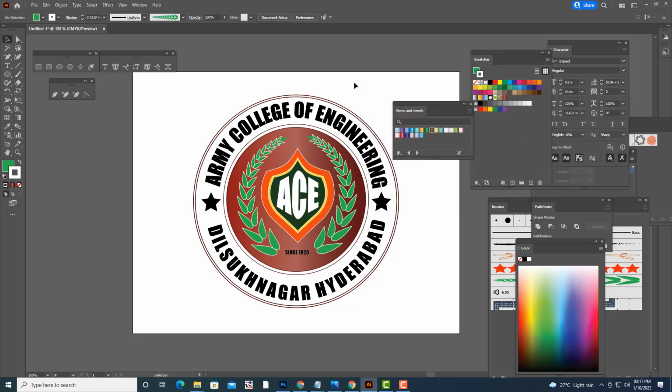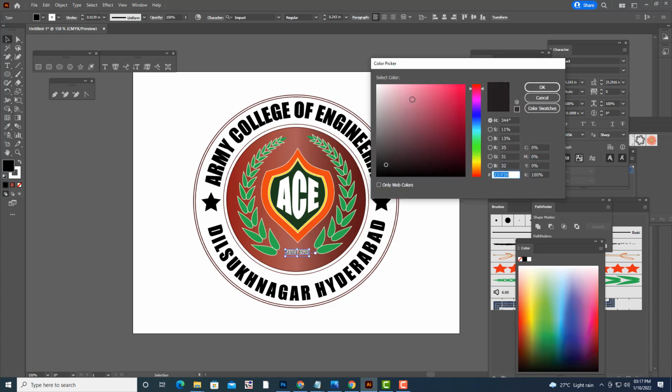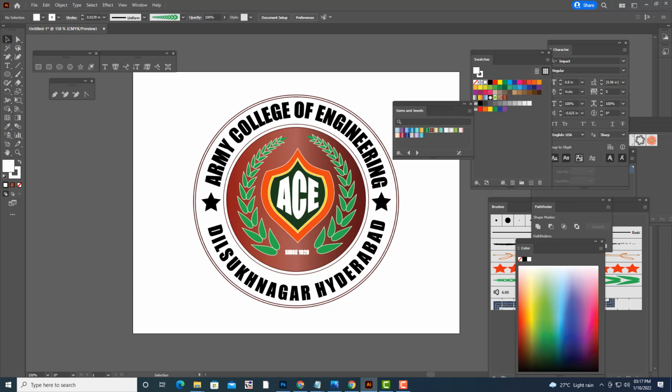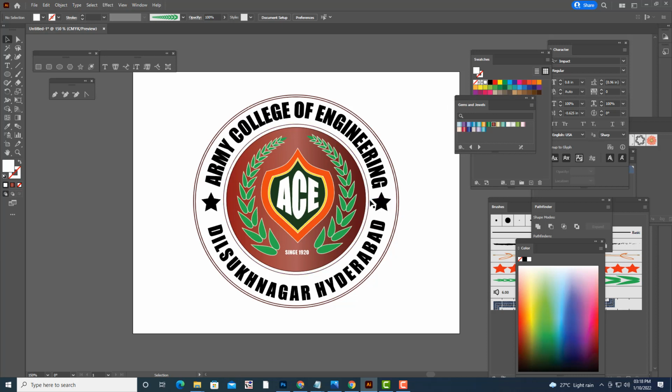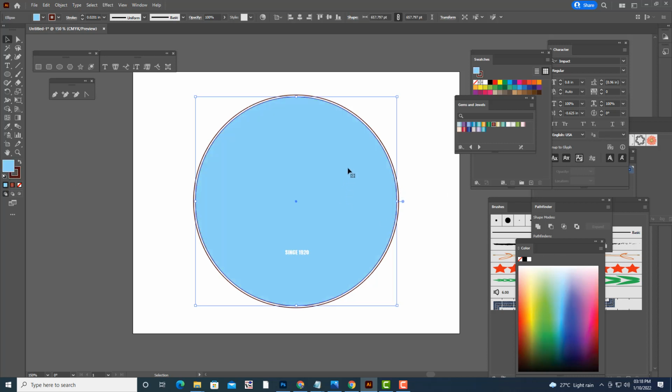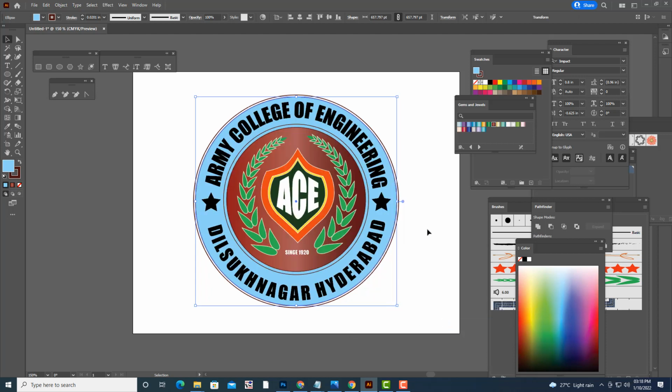This text also we'll give a white color, oh sorry, white color, not stroke. Turn off the stroke. And one last thing is, we'll apply one color to this. Right click, arrange, send to back.